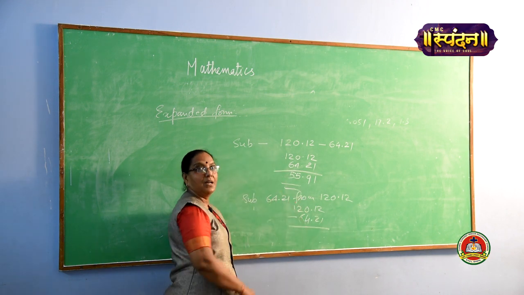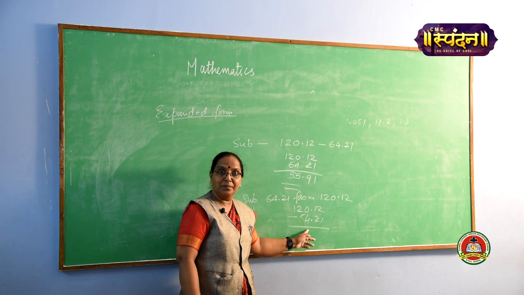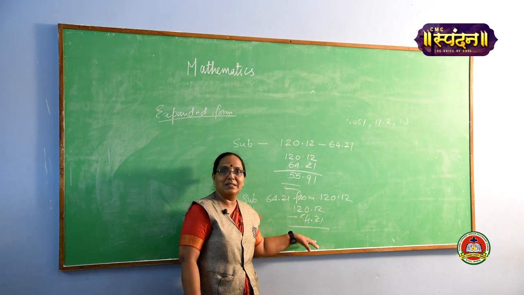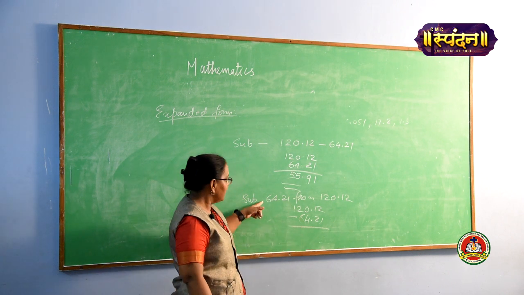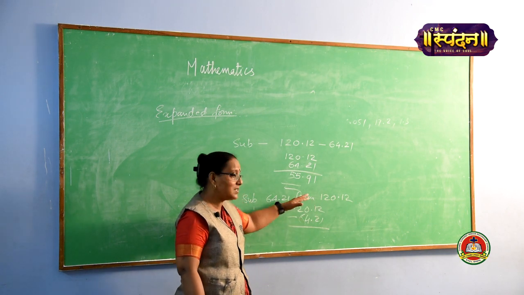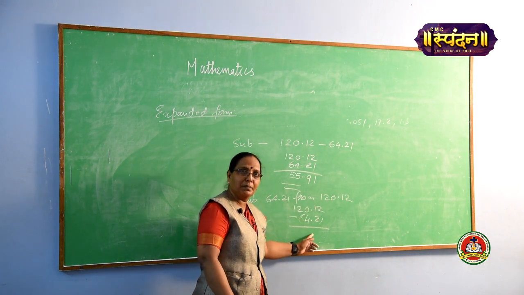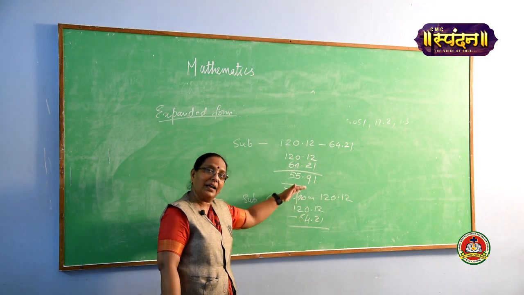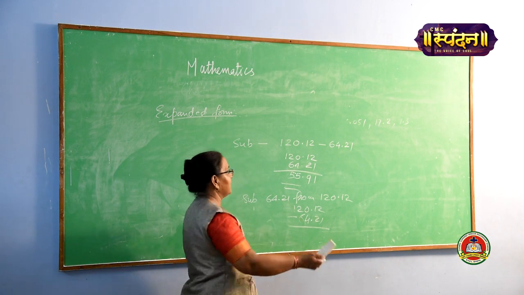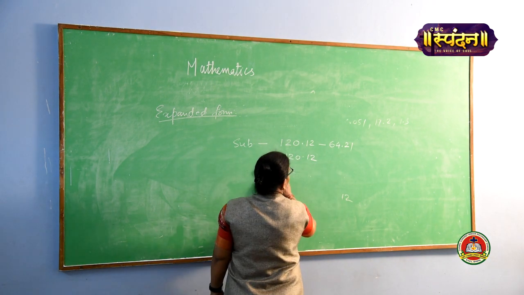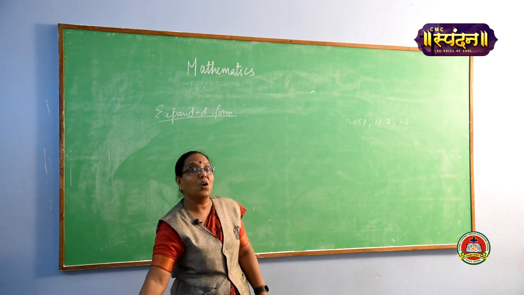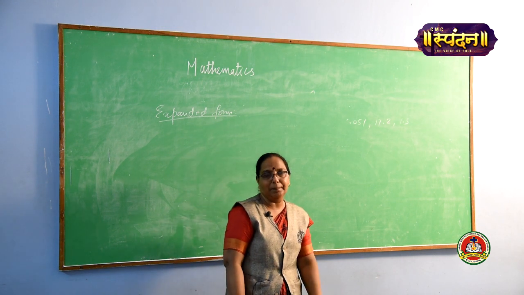Now see, the same process we have to follow here. Don't write the smaller number at the top first place and this greater number at the second place. So you have to write in this way, and just keep it in your mind, whatever the number will come after from, that number will be first, and which number is subtracted, that number should be at the second place. Use the sign and then subtract it. Clear? So addition and subtraction is easy for you, you can easily do, but the concept is here. Concept is same, that you should write all the digits at the correct place, column wise. That is the only important thing.